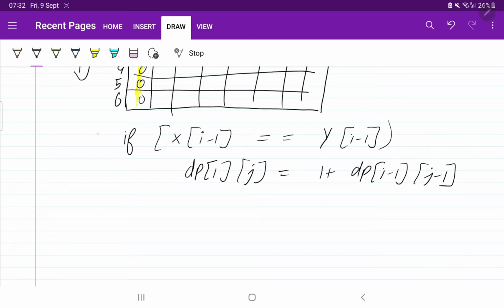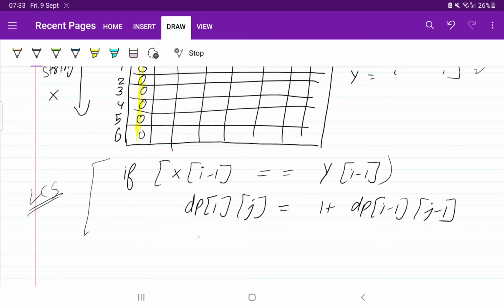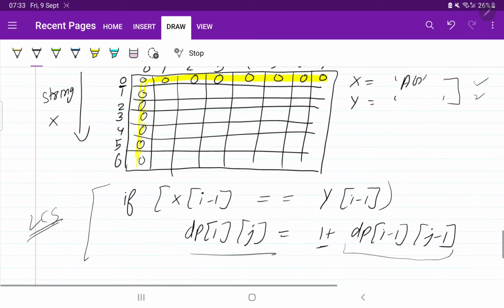If you want to know how I have written this, watch the longest common subsequence video, because this is a sequel video. To solve this problem you have to know that concept. So dp of i comma j, if you got the elements as same, will be 1 plus dp of i minus 1 comma j minus 1.